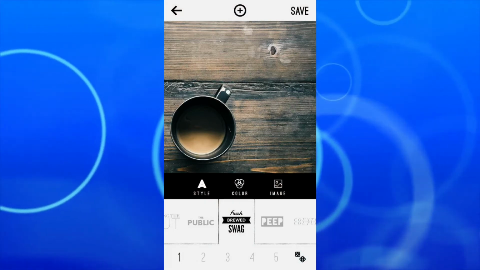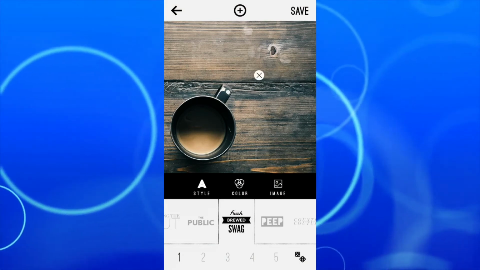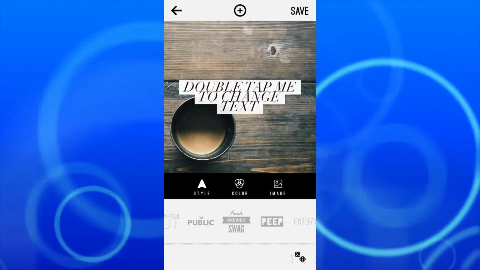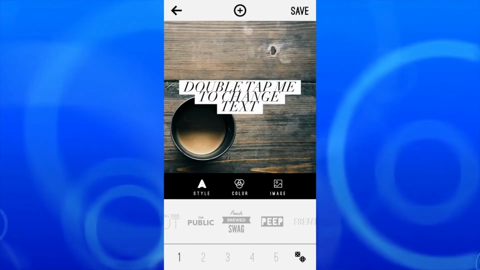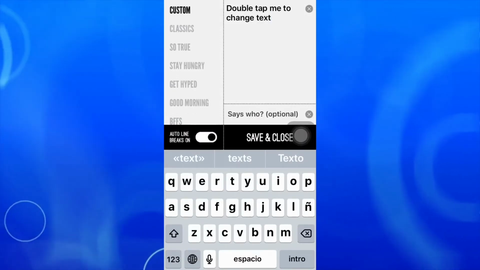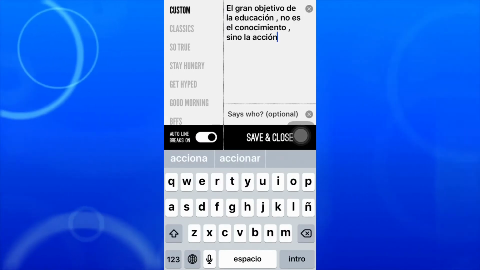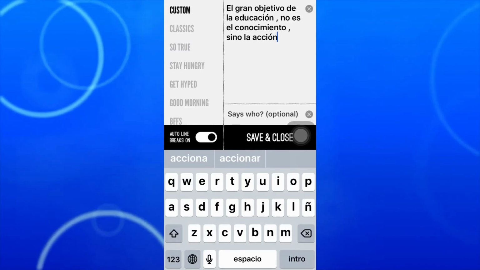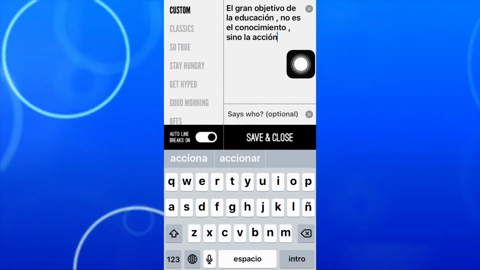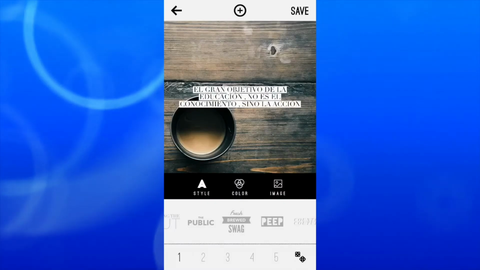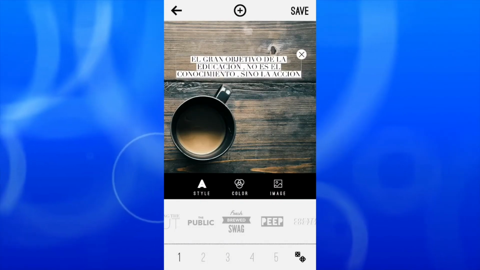And then you can double tap the image, and then you can erase this text and then paste your quote or whatever you want to add to the picture, and then it's gonna be added. A really cool